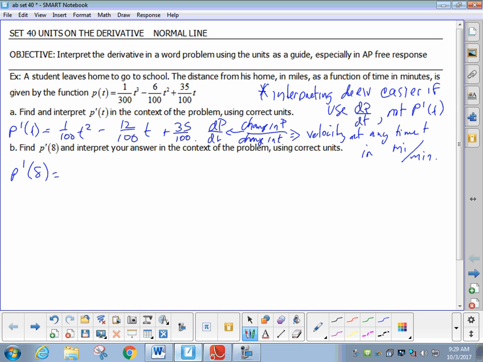We could just start by saying 100 of 8 squared minus 1200ths of 8 plus 3500ths is roughly,